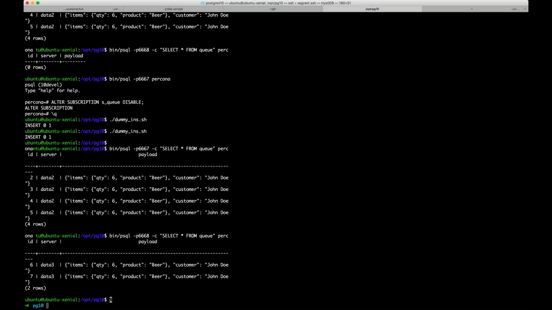Obviously, this is not for failover, because you will have different data on the subscriptions, but it's still useful if you have a serious amount of incoming data and you want to process them by splitting the